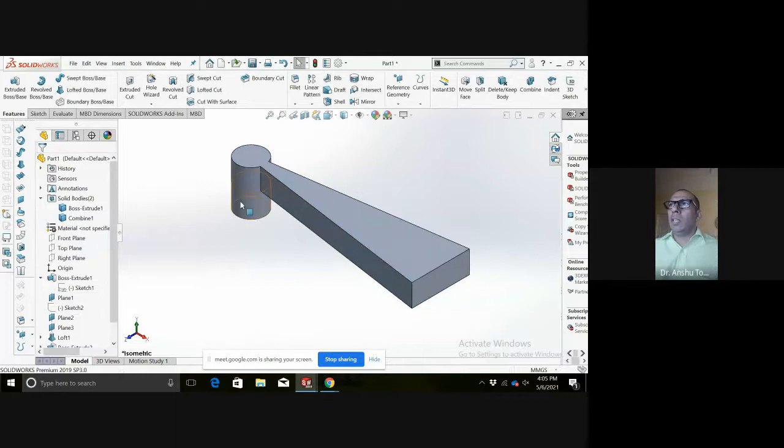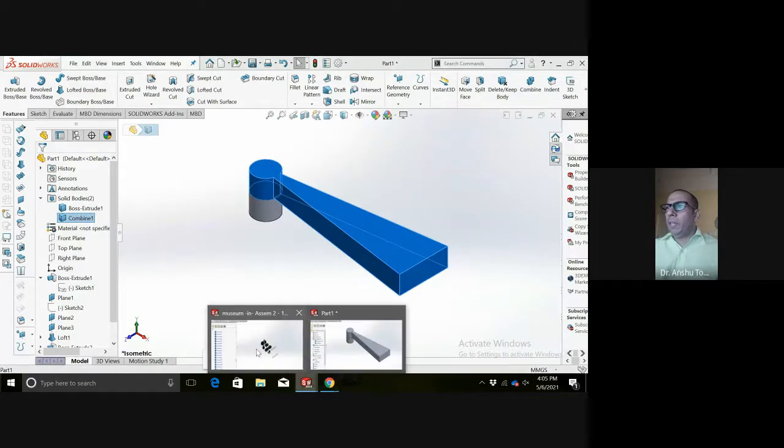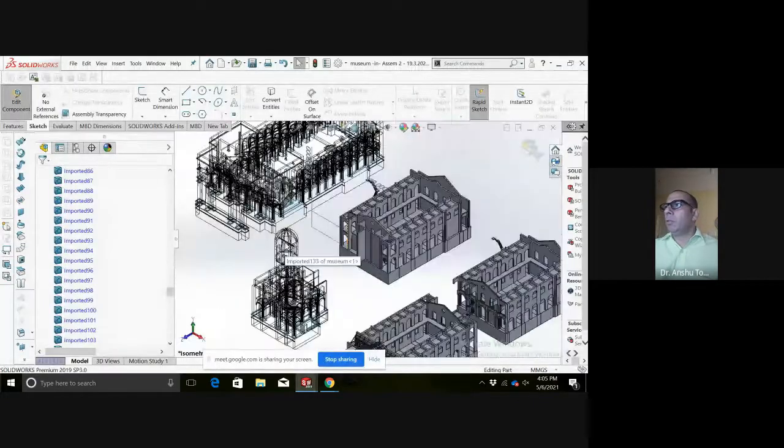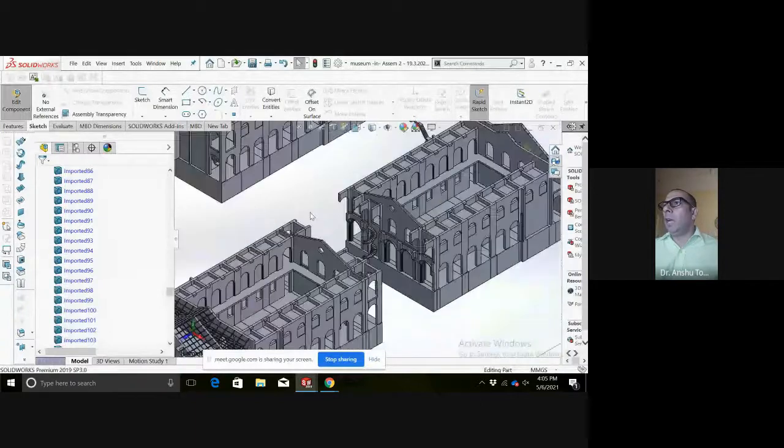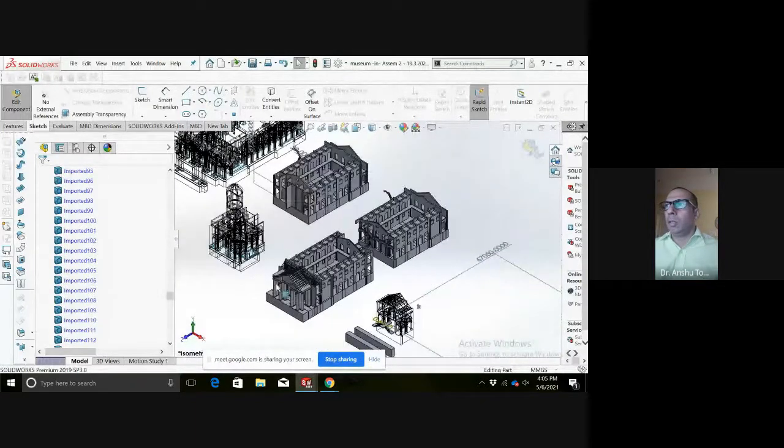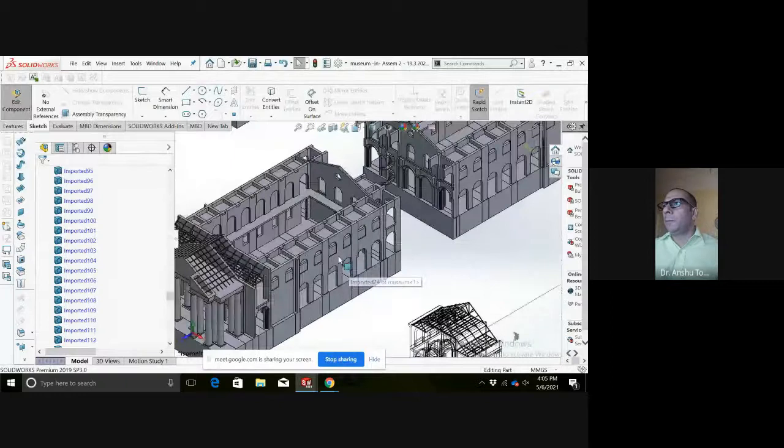This will become one single body. Now I will repeat it. Let me check out how many numbers I have been able to do here. For one particular level, I will hide this particular part.